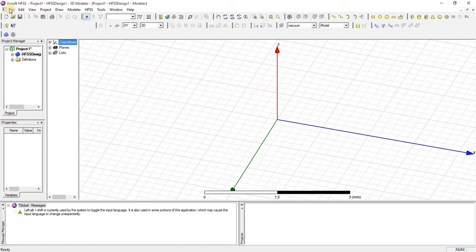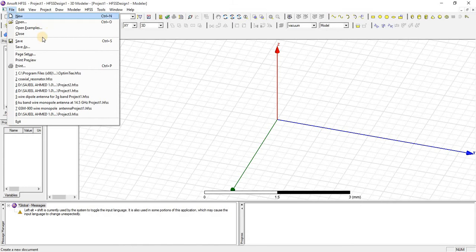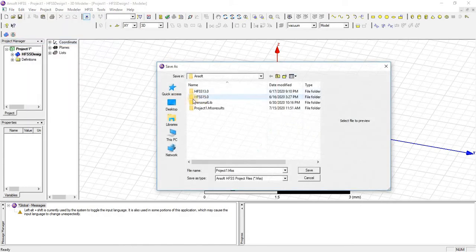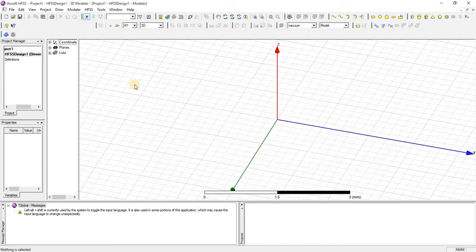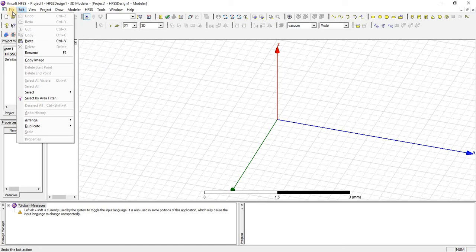After that, first of all we will save our project. We will write the project name .hfss here and save. Why is saving the project at the start necessary?